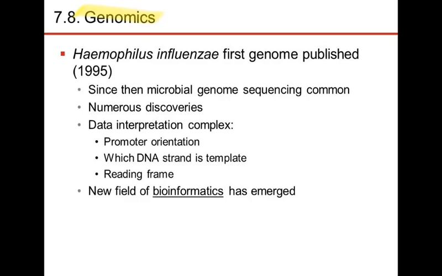And so we started way back in the 80s, started sequencing entire genomes, the entire chromosome or chromosomes of individuals. And this guy, Haemophilus influenzae, is one organism that was of interest because it causes a disease called influenza. It's a bacteria that causes another type of influenza. And so this particular bacterium was sequenced completely and reported in 1995. And since then, literally thousands, probably hundreds of thousands of different entire genomes have been sequenced.